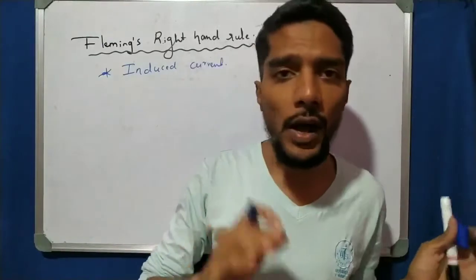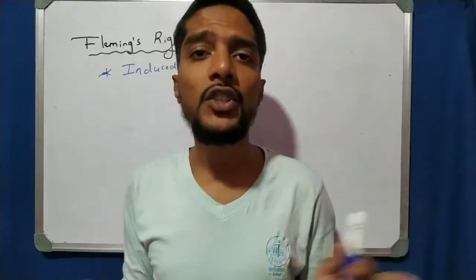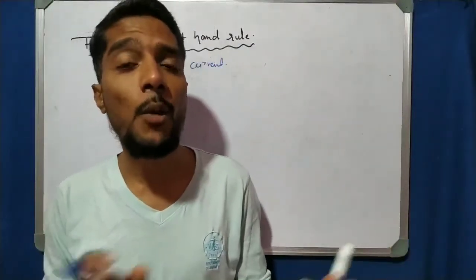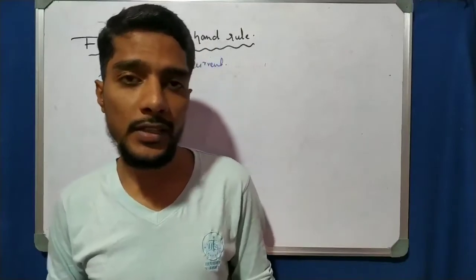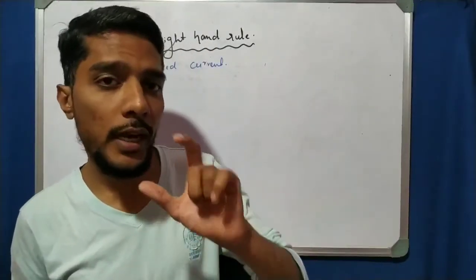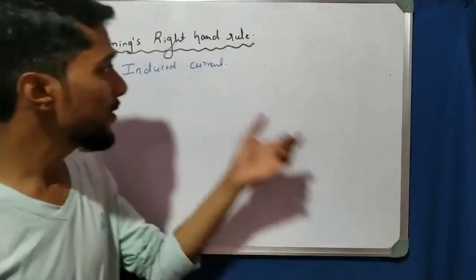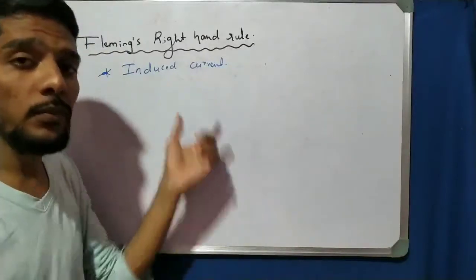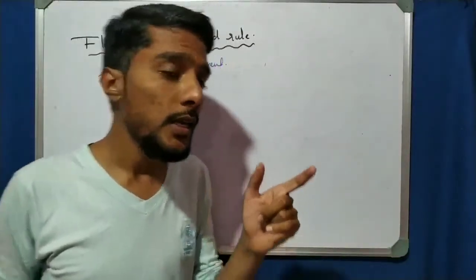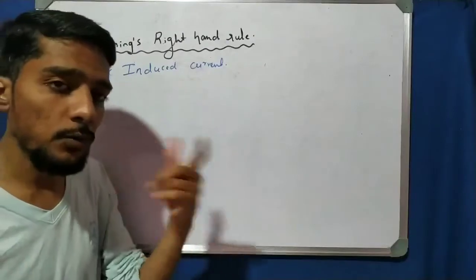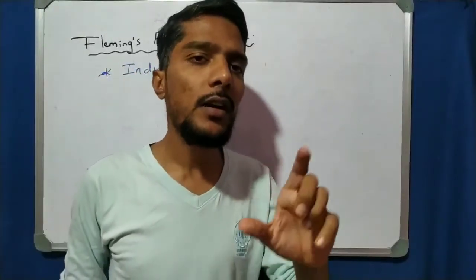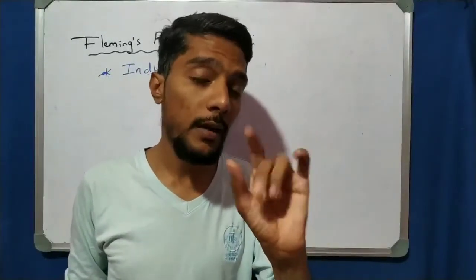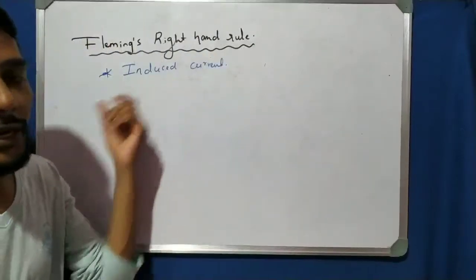We take a coil and a magnetic field. By changing the magnetic field, we observe that the galvanometer shows a deflection, which shows the presence of current. That is due to electromagnetic induction. So the current generated by that phenomenon is nothing but the induced current, which was observed by Michael Faraday. In the last class we called it simple voltage or current, but actually its name is induced current.